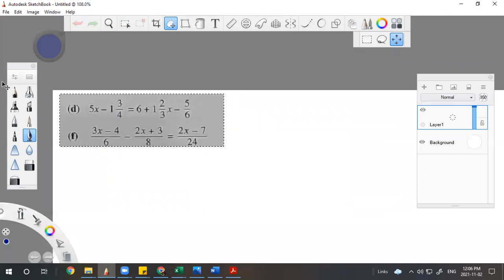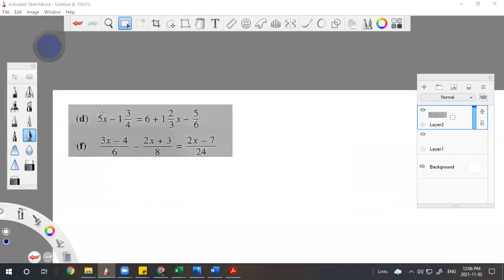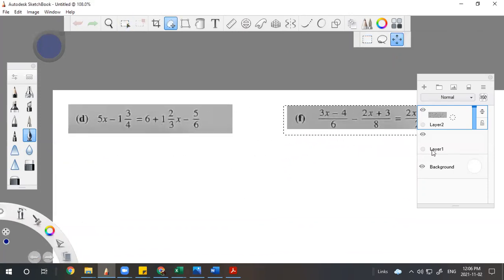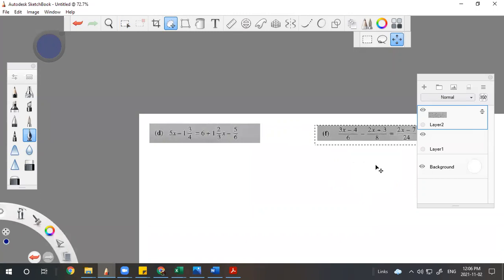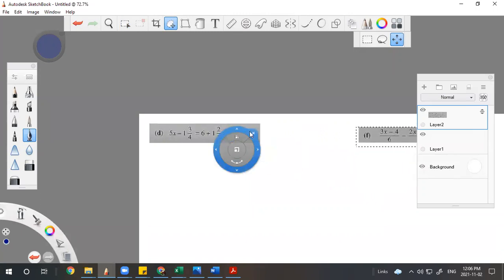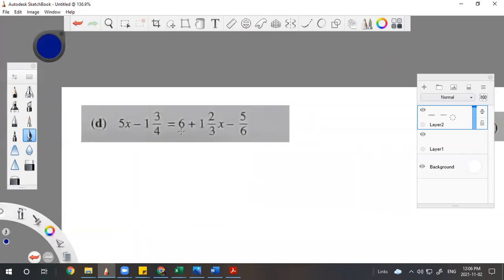So for question D, number 17, odd on the right side, I will explain to you how it will become and how you solve this kind of equation. This algebraic equation can be done by changing the mixed fraction into an improper fraction first. So you have to change this, and we can go further. So this is 5x, subtract 7 over 4 equals 6